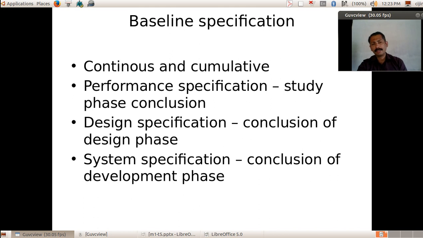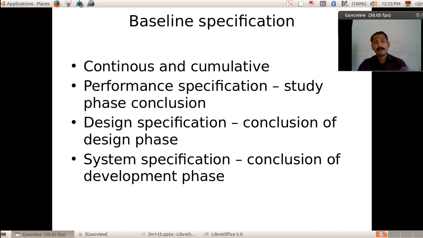We are giving the documentation from the study phase to the design phase. We are informing that these are the findings, these are the requirements, this has to be met. After the design phase, it is written that we have followed this type of logic to meet the baseline study phase conclusion. Okay. So in order to meet the baseline specification, what all things we have done is given in the design